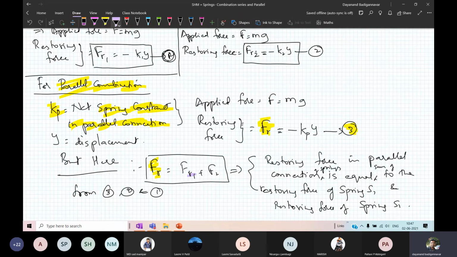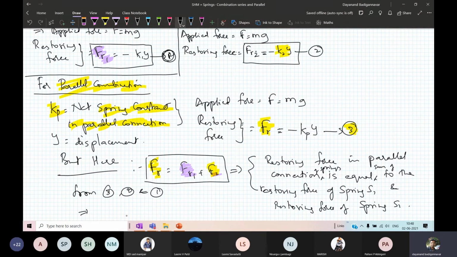For Fr1, I can get it from equation number 1. And Fr2 I can get from equation number 2. So you substitute it. After doing the substitution, I get Fr equal to